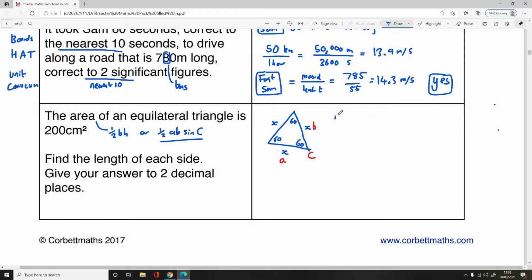So what have we got? We've got area equals 200. So that's going to be a half AB sine C. So filling in what we know, that would be a half x squared for the AB sine 60 for the angle. So to get just x squared on its own, we'd need to divide across by that half sine 60. And that would give us x squared is